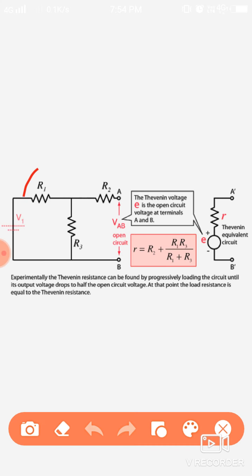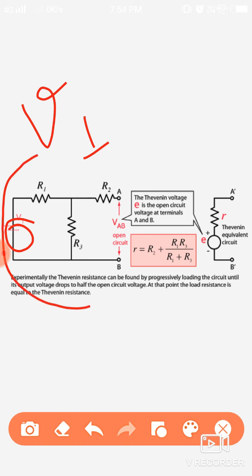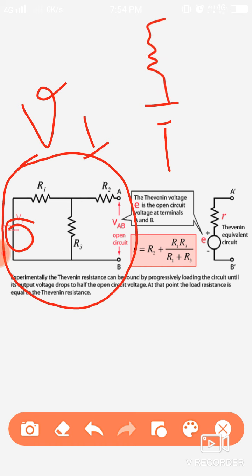This is R1, this is R2 and this is R3, and here this is also a power supply included. We suppose that the voltage of this power supply is equal to V1. Then this circuit can be replaced in an easier way by a simple power supply and an equivalent resistance